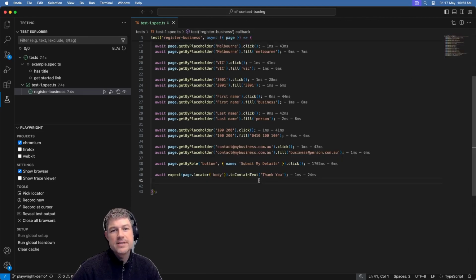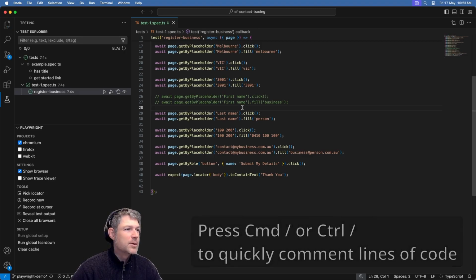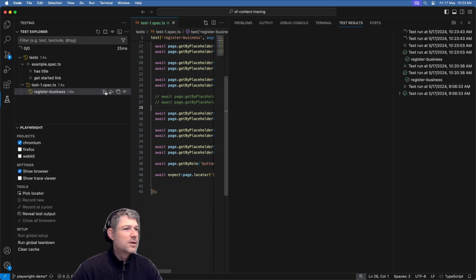Why don't we now test whether or not this assert does work? One easy way to do that would be to comment out one of my steps here. First name is a mandatory field in the form. Let's comment that out so it does not perform that step when it runs the script. If I click run on this one now,